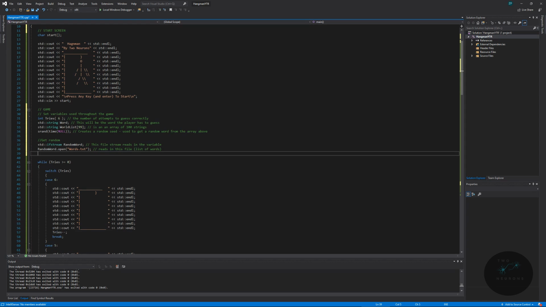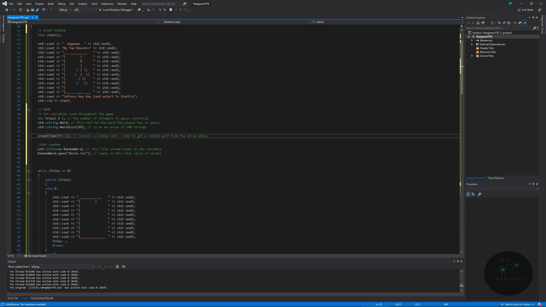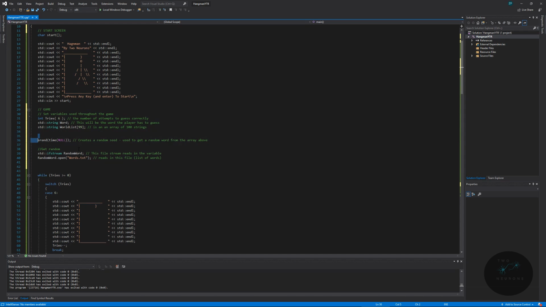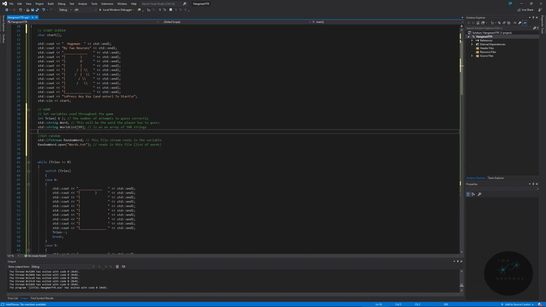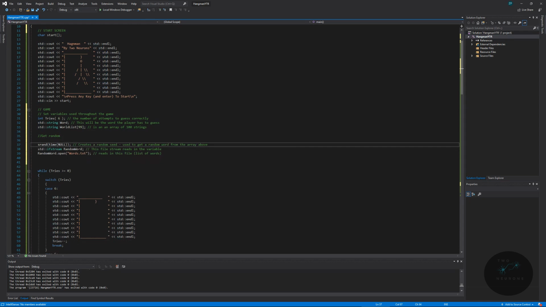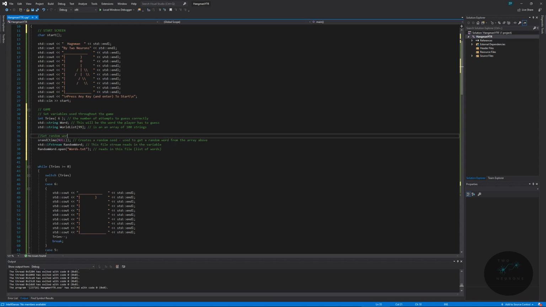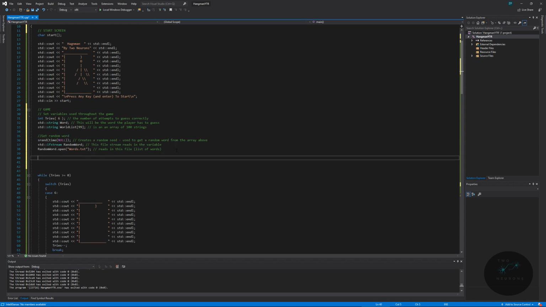All right, now I want to get a random number from there. I'm just going to move this line. This isn't a variable. It's part of this. So let's get random word. And the next thing we're going to do is a for loop. So what we're going to do is for, and we're going to declare a dummy variable that's going to get erased later on. So for this dummy variable i, and i will be equal to 0 at the start